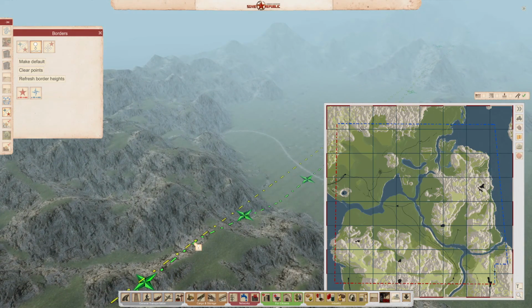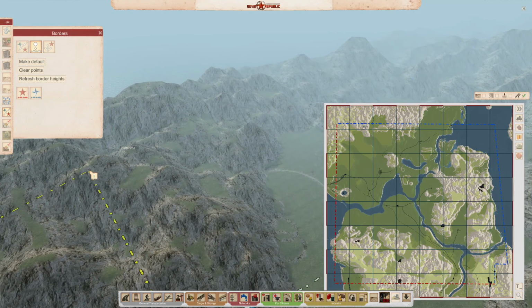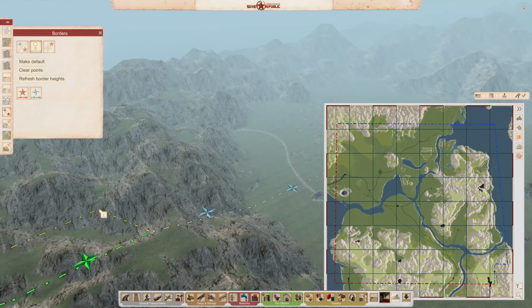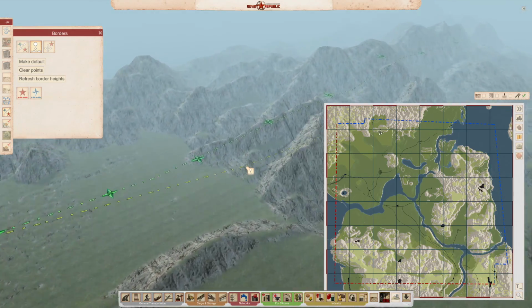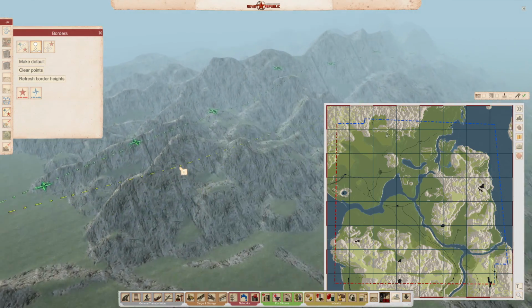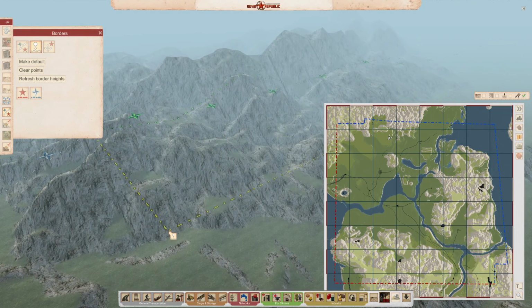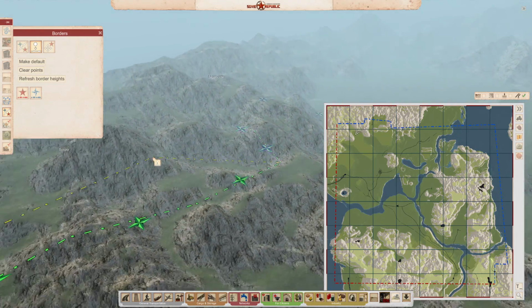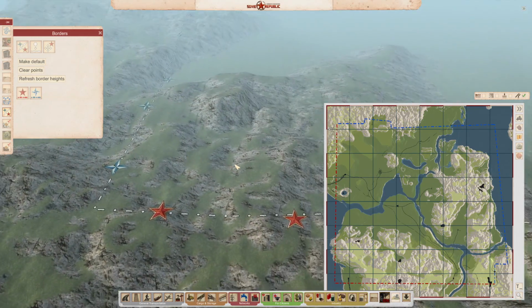What we're going to do is just put in a post there, and we're going to just go up. I want to leave enough space so that I can put the customs post back in again, and then you can see I've actually done that. But what you can do is come back again like that. You can create a little bit of a jag area there, but something else you can do is if you come to here,